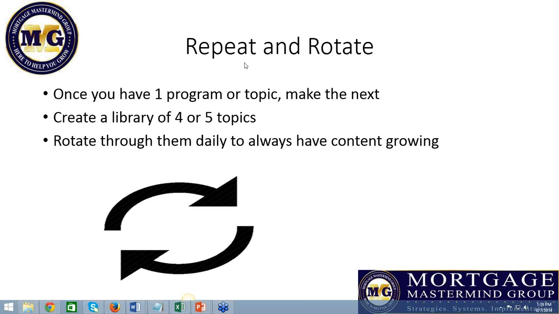And if you get into the habit of that, and it may take you 2 weeks to come up with your 4 topics that you can do, but once you've done that hard part, coming up with that content, rotating through it makes it so nice and easy. You don't ever have to worry about coming up with content again. Then it's just a matter of quickly changing that title, quickly going in there and changing those 2 or 3 places where you've pasted in and put your keyword phrase in there, and that article's ready to go.